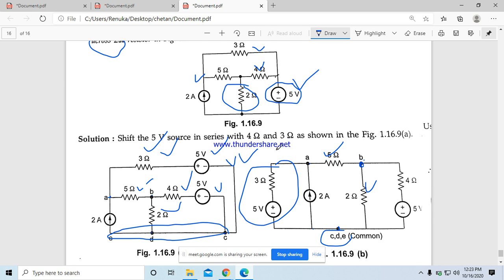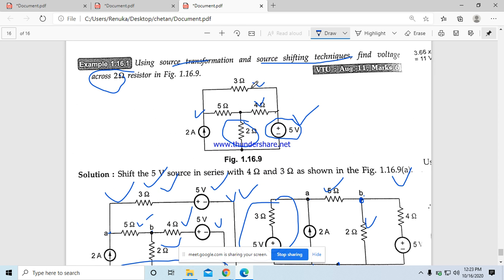So I hope this is clear, right? How I have drawn this complicated circuit in a simplified way. Whether this is clear or not, should I explain this once again? Explain once again, sir. Okay, you can see that. In this problem, what have they asked? They have asked to find the voltage across the 2 ohm resistor. Where is that 2 ohm resistance? Here the 2 ohm resistance is there. I want to draw the voltage across this 2 ohm resistor.